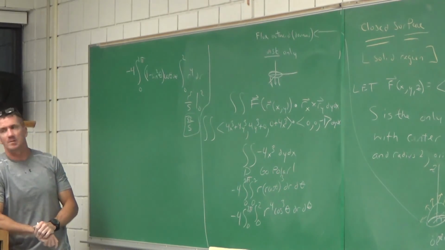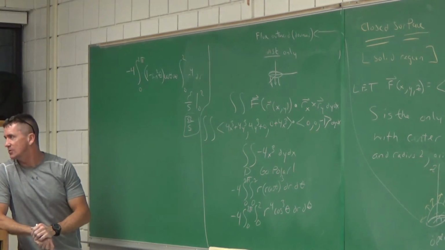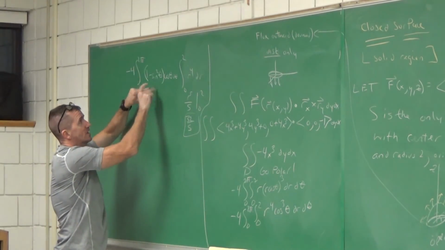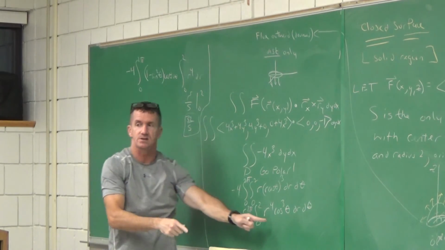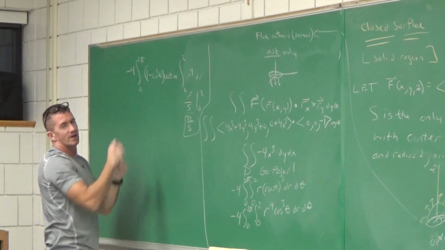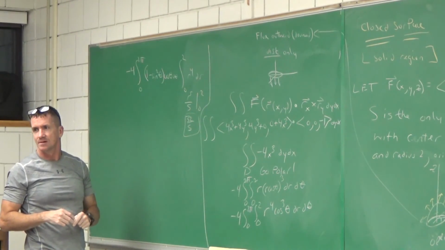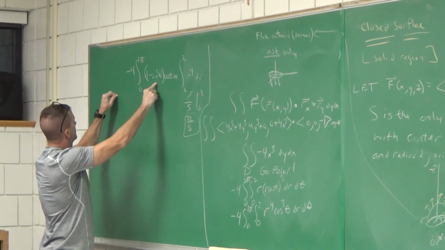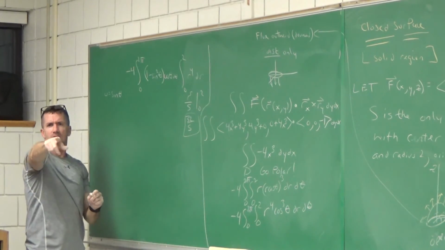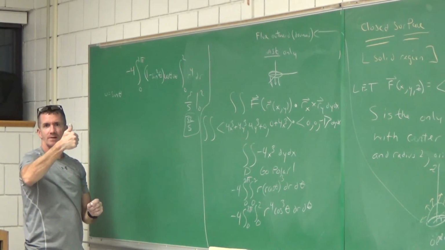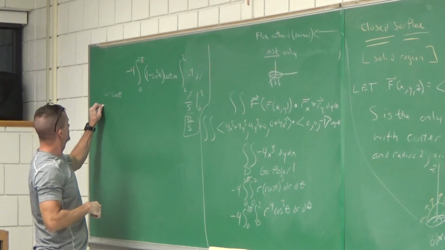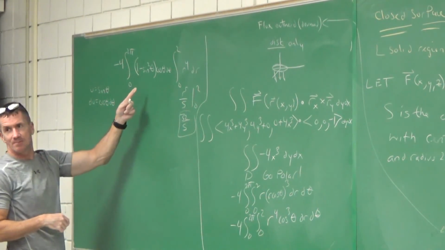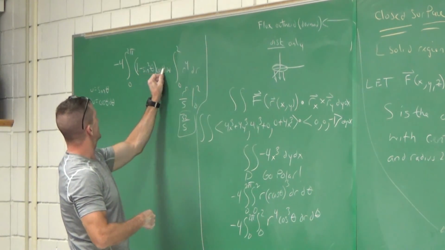Can you do a u sub for me with that? What would you let u equal to? First, I used a trig identity, so I could get that's a cosine squared times a cosine, giving me the cosine cube. What would you let u equal to? I'm going to let u equal sine theta. U equals sine theta. Du equals cosine theta d theta. Look what happens.